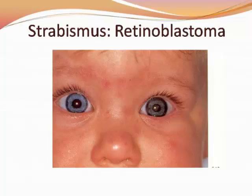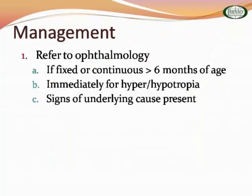So even though it's with retinoblastoma, I was using it just as an example. Kids that have retinoblastoma, and anybody that has an unequal light reflex typically has strabismus. They're not aligned. The eyes are not aligned. So what you want to think about is the goal in treatment is, when do you refer them? Well, we give kids up to 6 months to garner alignment. After 6 months, you need to refer them out because they'll probably need to do some type of patching, eye